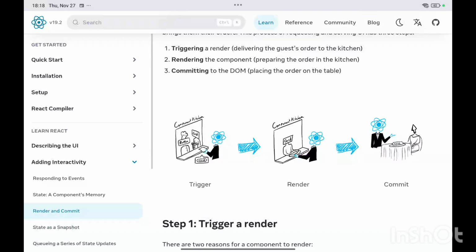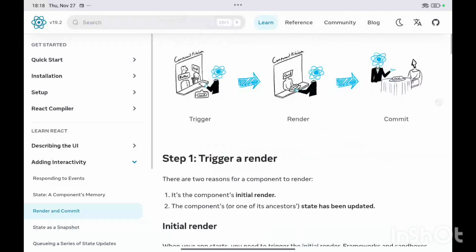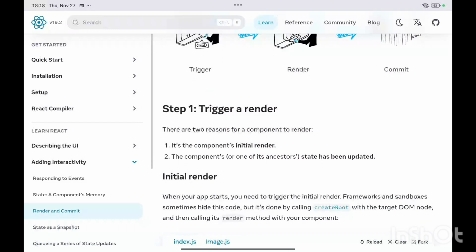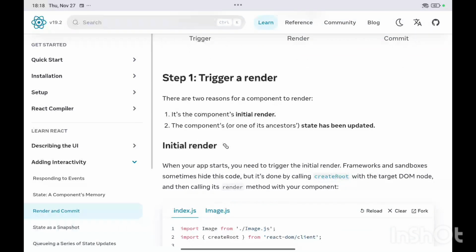So trigger, render, commit. Trigger is ordering something. Render is they have prepared something. And commit is they have placed that food, that meal, on your table. So now how do we trigger a render? There are two reasons for a component to render. There are always two reasons. One is whenever we are